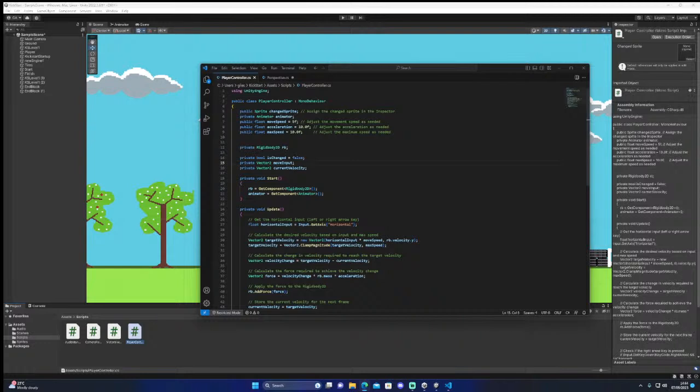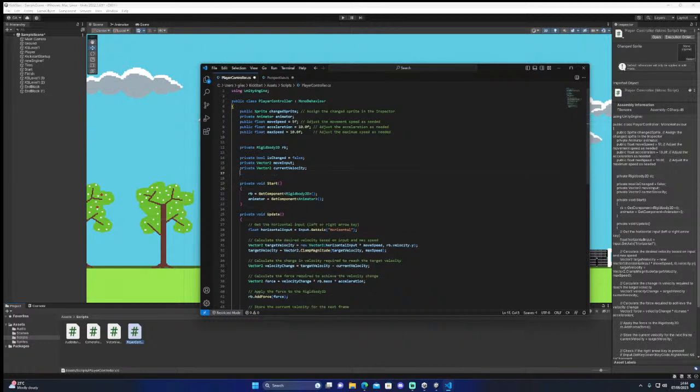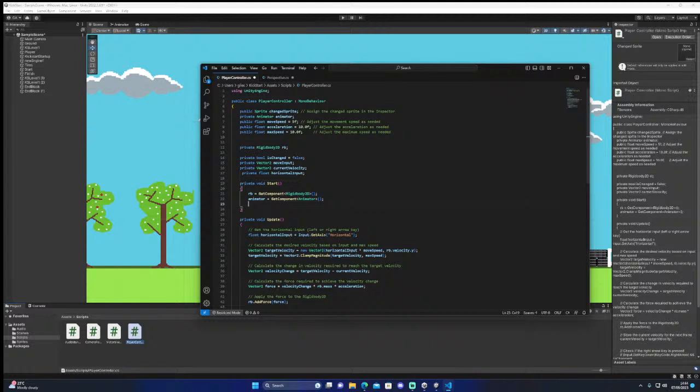Oh, I need that. Horizontal input. 2D, got that. This, I think, is the stuff I should have put in before. Yeah, back to move speed.